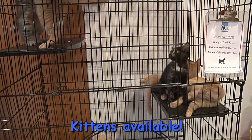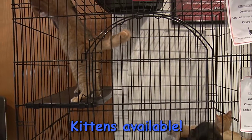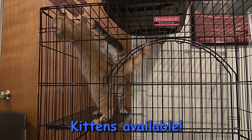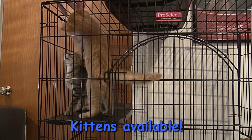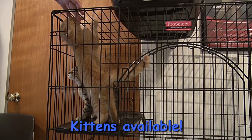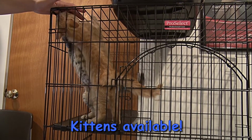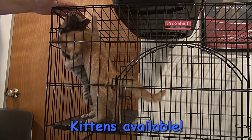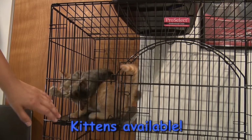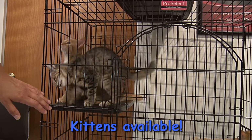These guys were born in May of this year, and we're very lucky to have them, as they were actually brought to us without their mum. There were 6 bottle babies that were just a few days old, not old at all. And if it wasn't for our very, very kind and generous volunteer, Deb, who loves bottle babies, she got up every night every 2 hours and fed each of these little souls while she had them until they were old enough to eat on their own. So bottle babies are very special to us here at Second Chance because they require a